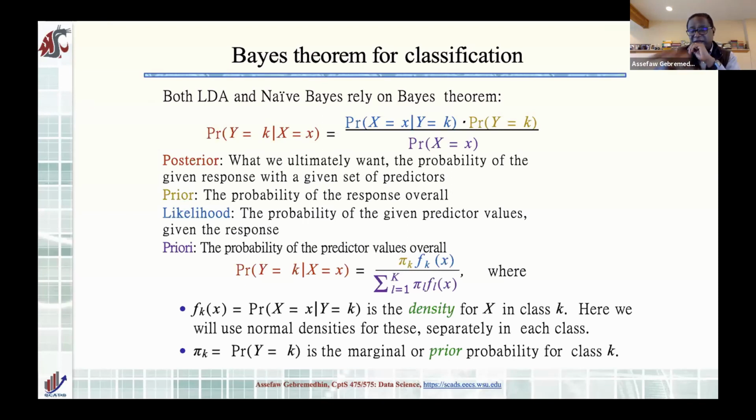So when you look at it this way, now the numerator is clearly about density, and there is a multiplier for it. That's the marginal or the prior probability for that class K. And notice how the K's are talking to each other. So we are looking at K, which is what we are trying to use, the posterior, the thing that we are ultimately interested in. What are we dividing it by? We're dividing it by everything that can happen. And so we're looking at all the,